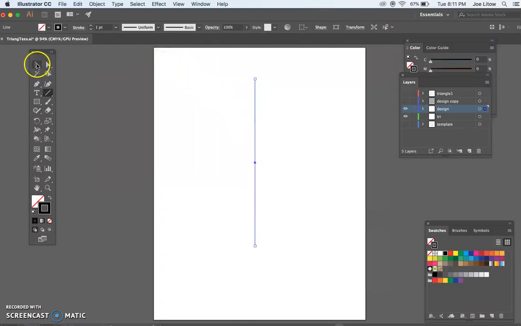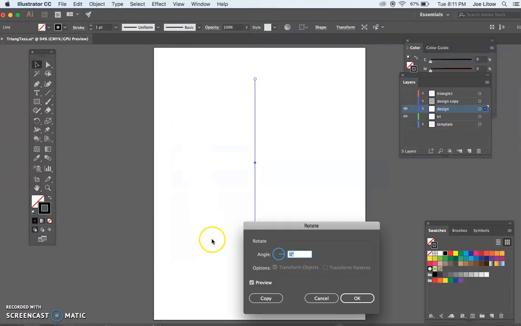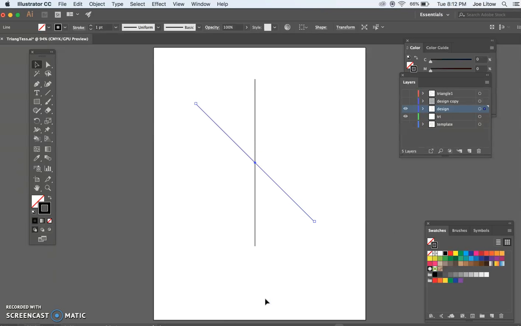Go to the selection tool, the black arrow, go to Object, Transform, Rotate, and type 45 degrees. You'll notice if you uncheck the preview and check it again, it shows you that the resulting line will be at 45 degrees to the original line. Then hit Copy. Then, as we did before, Command D and D. So this gives you the basic structure onto which you would tessellate to create a radial circular tessellation.